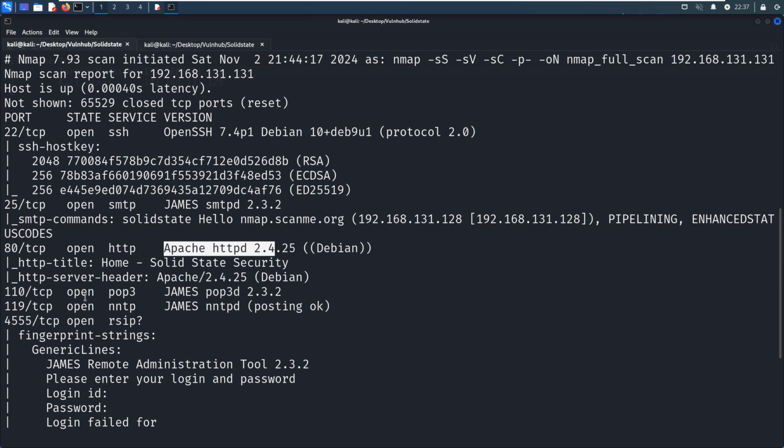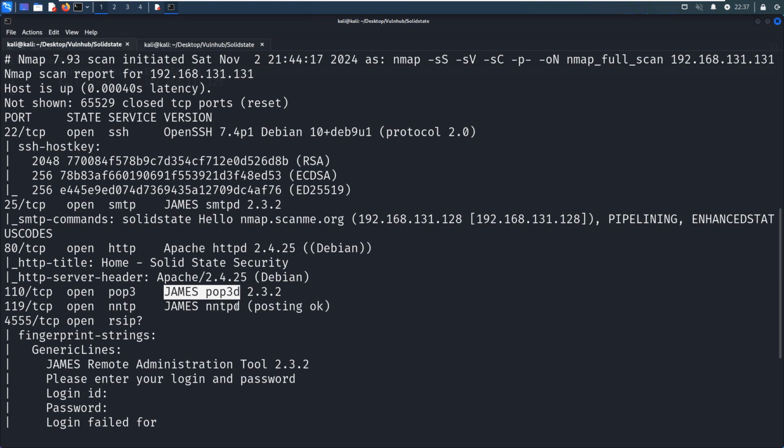And the next one is 110, POP3, which is a protocol or service used for receiving mail, and also gives us the version information, JAMES POP3D. So I think JAMES is some sort of software which can support both SMTP and POP3, also the NNTP.